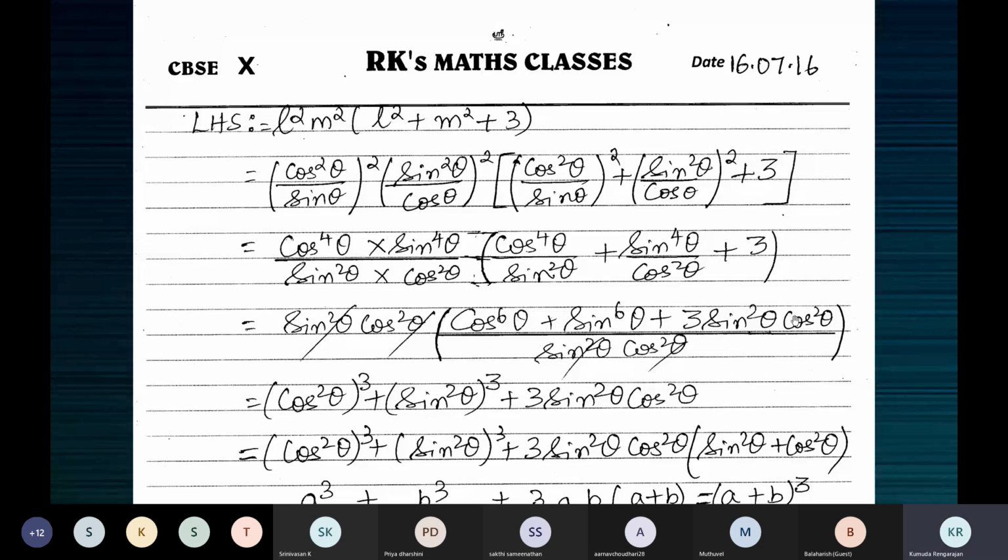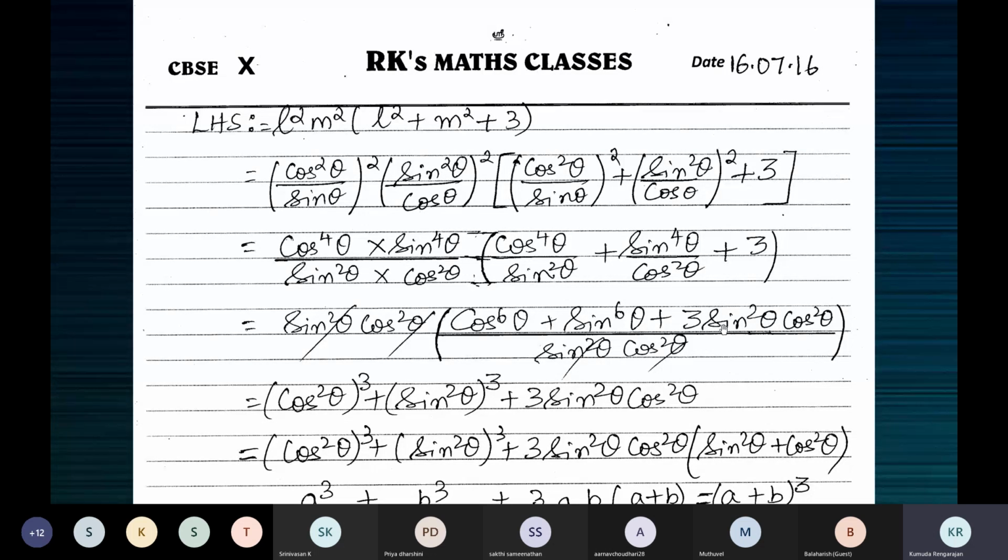Now children, this one is of the form a cubed plus b cubed plus 3ab. See, that's what I've shown here. This is like a cubed. How do you get the clue? Because you have something like 3ab here. Look at this as 3ab. If you look at this as 3ab, then what is a cubed? Sin square theta, the whole cubed. I've written sin square theta as b cubed here. And this is a, because the first time I've taken cos theta as a.